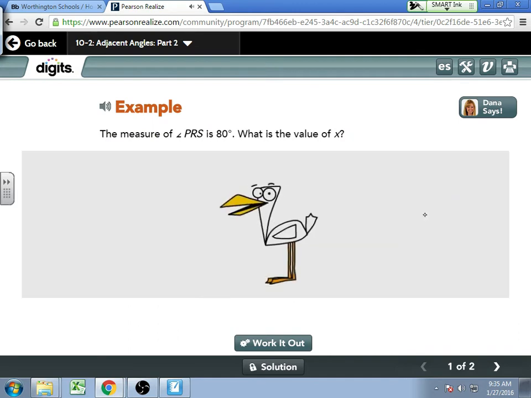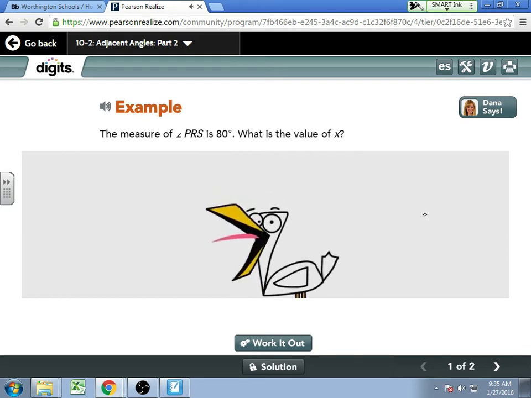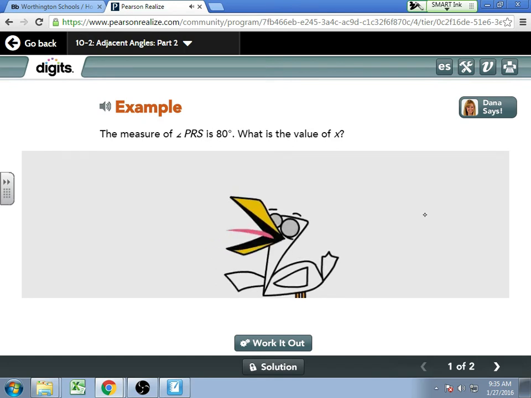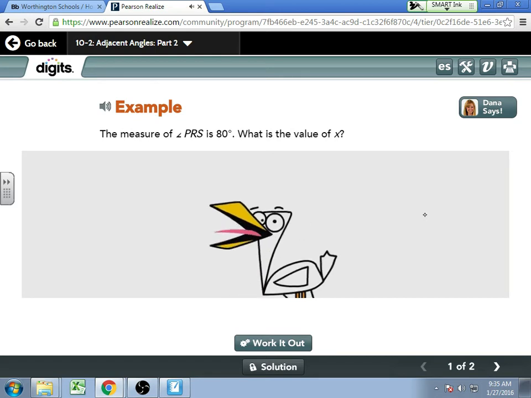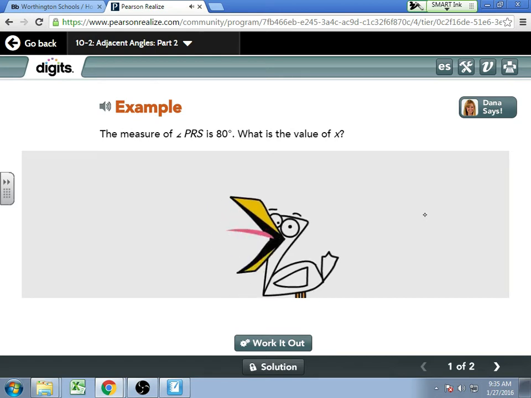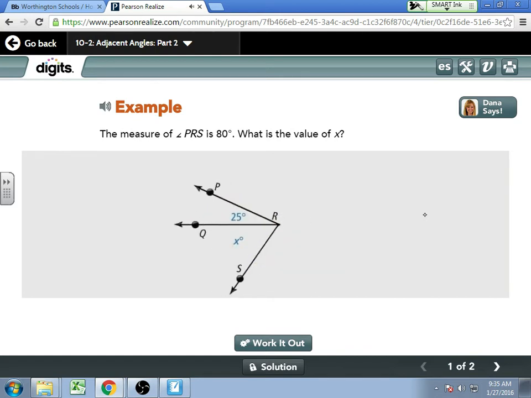My ability to catch and eat fish has to do with the angles of my beak. Perry, I have a perfect beak, by the way. Take a closer look. See that? 80 degrees right there. And watch this. He can open his beak. Now I have two adjacent angles. If his tongue is another ray inside of that angle,